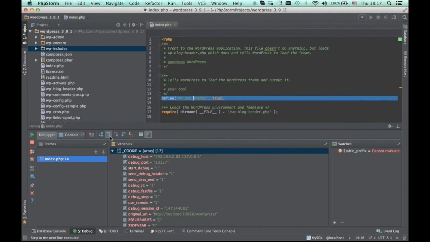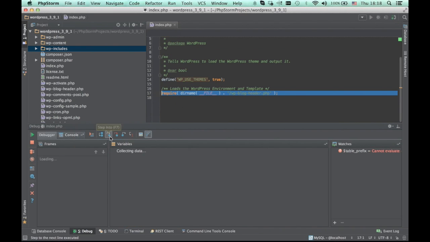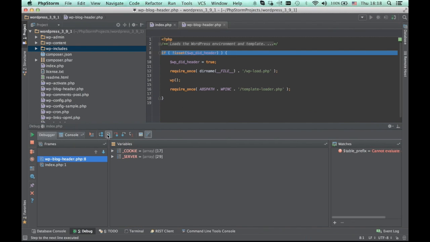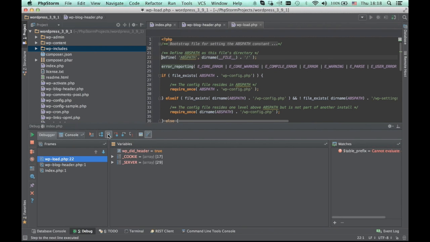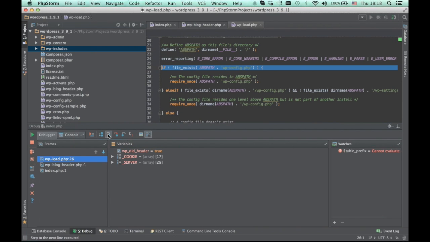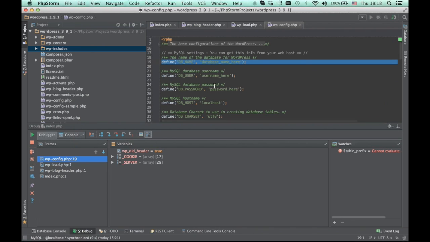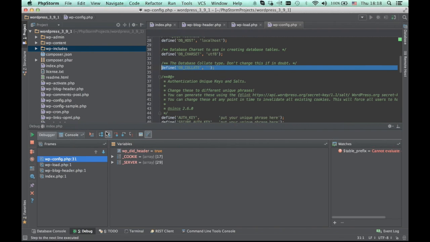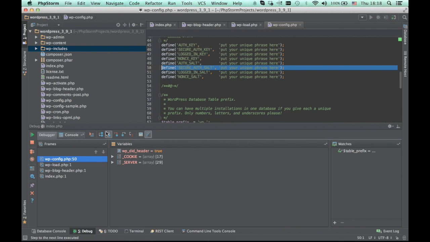So right now, when we have stopped on a breakpoint or the first line, we can go through our code. For example, we can just step into, go to the next line, and go through files. We went to wp-load.php, and we got to wp-config.php, and we can go further and further through our code,